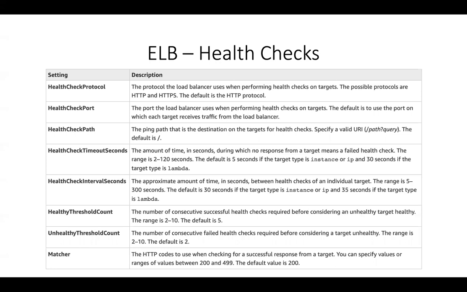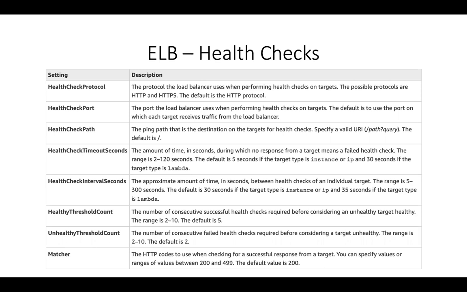The only reason is because we are going to reuse the AMI that we created in the previous lab. On that AMI, all we need to do is paste the public IP in the browser, and we'll be able to see our website, which says Hello World, and that's on /. So our health check path will be /. And then our health check timeout, interval, healthy threshold, and unhealthy threshold. These are 4 important configurations, right?